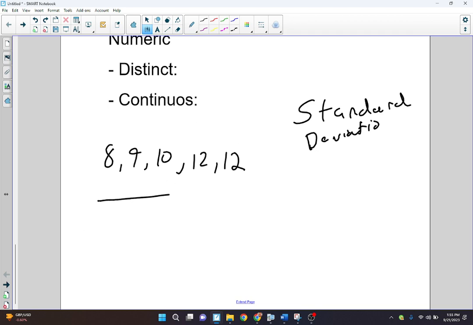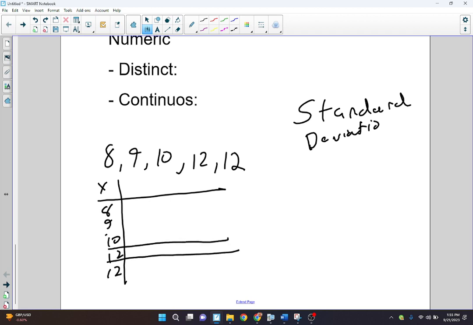So the first thing you do, and this is the thing with a big table, is just list your numbers. So 8, 9, 10, 12, 12. I'll give you a blank table on the test. The next thing you do is put X bar. Remember, X bar is the mean of this data. If I add this up and divide it by 5, 50 divided by 5,